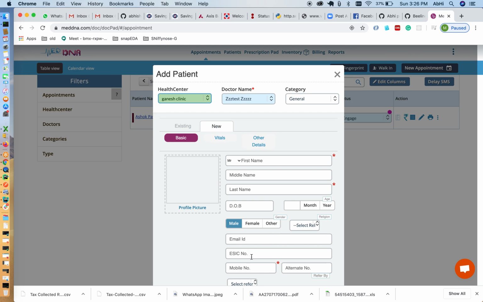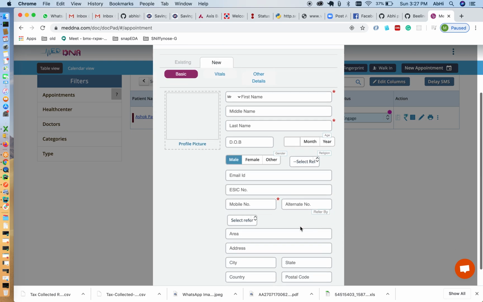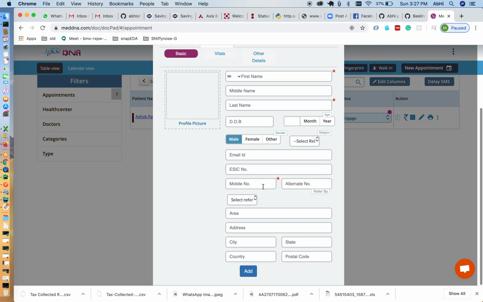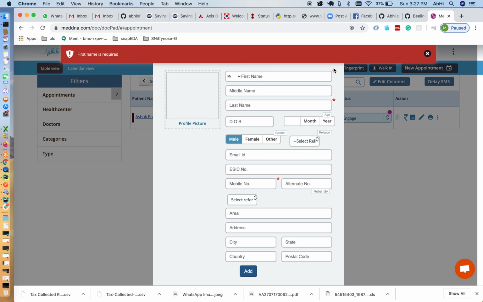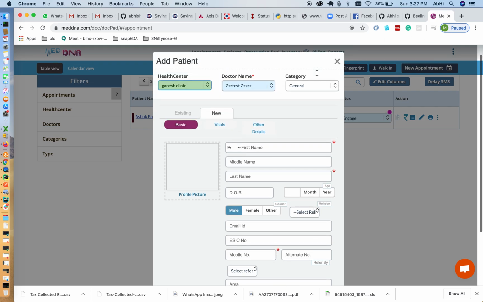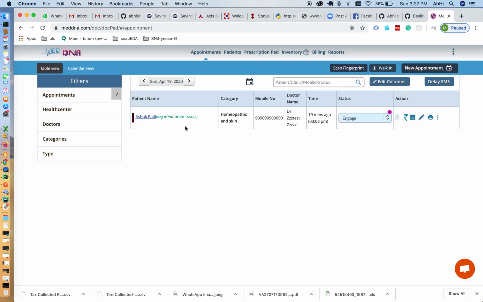Next thing is diagnosis: diagnosis ID and diagnosis name. For these two fields we will depend upon the doctors to give us the information. Once we have that list, we will add two fields here, diagnosis ID and name. Based on the ID, the name will be populated. Once everything is filled, we need to click on the add button, and the appointment will be generated for that patient along with registration. Next thing that we have to see is prescription, writing a prescription for the patient, which I'm going to explain in the next video. Thank you.